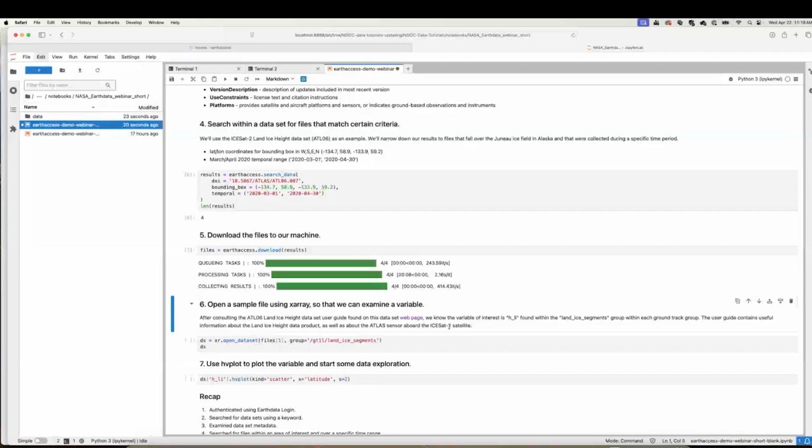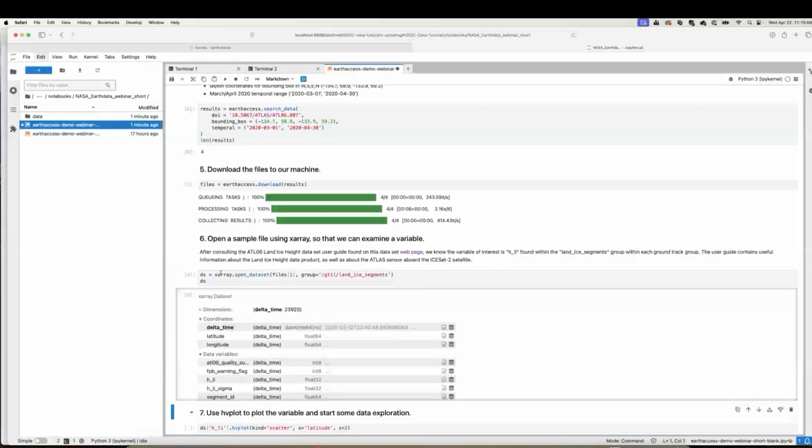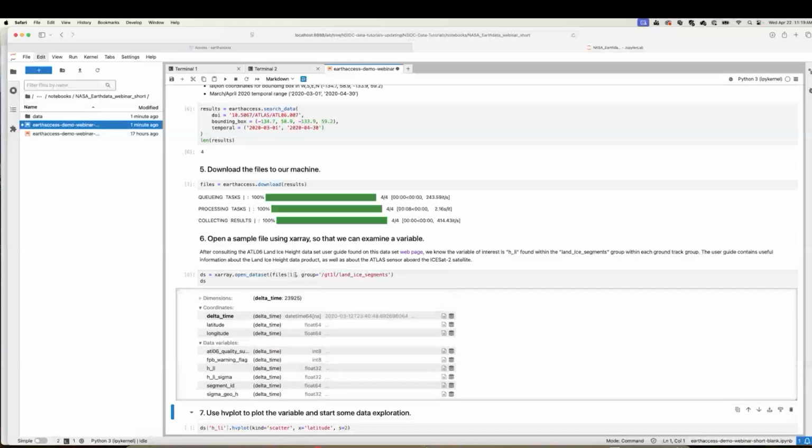So we're going to use the Xarray that we imported earlier and open one of our files. Oh, did I forget to give it an alias? I did. Okay, so I need to use the full name here. So Xarray goes, I've given it just one of the files from the 4 we downloaded. I'm pointing it to a particular group within the file,